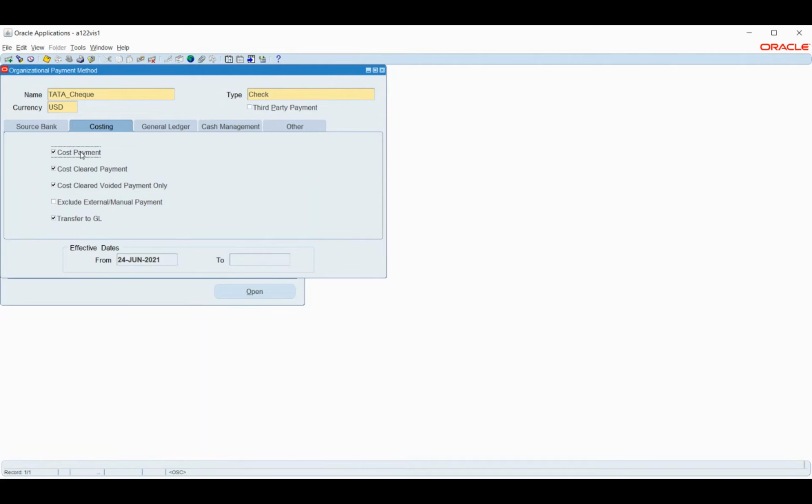After this, we will run the cost of payment. Cost of payment is nothing but once we make the payment, we record it in our books, that is payroll or GL. Once we have recorded in payroll, these recorded transactions should be transferred to GL, so we will do the transfer to GL. Once this is done, we will import those transactions into our GL module and post them. That is where the payroll cycle ends.